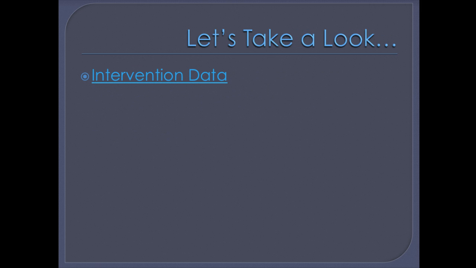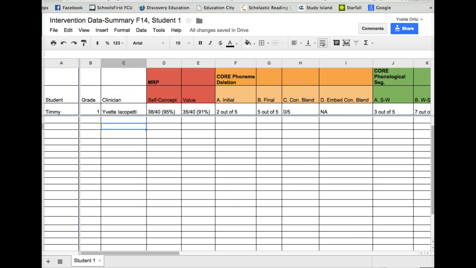All right, so let's go ahead and take a look at that Google Doc. Here I've included an example of a student. You're going to input your student's name here, the grade, your name, and then you're going to start off with your very first assessment, the motivation to read profile. Then you are going to input the data for the core phoneme deletion. You may have to put an NA because you may have stopped at some point in the assessment depending on